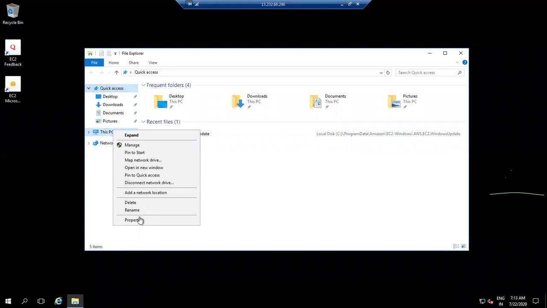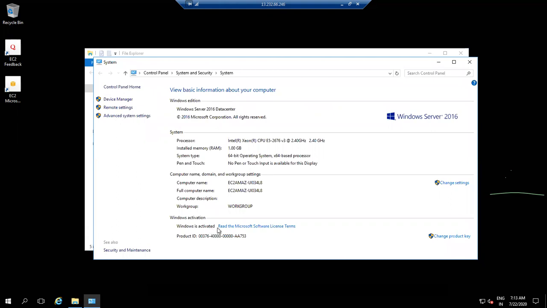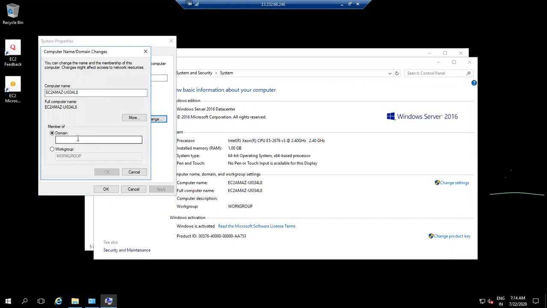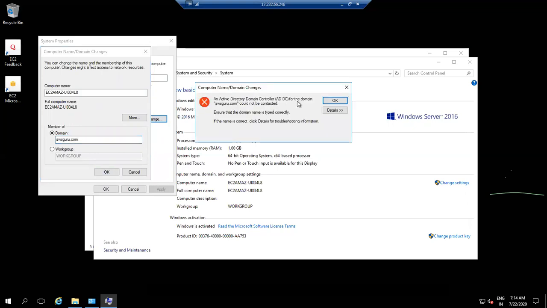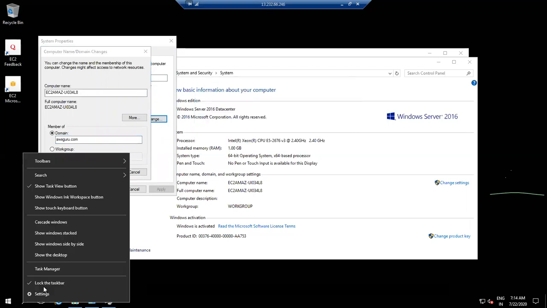See, if you go here, the properties of your system, you can see it is a workgroup, right? So click on change settings and change here. Here, awsguru.com. It will throw an error, 100% it will throw an error because we don't have DNS.